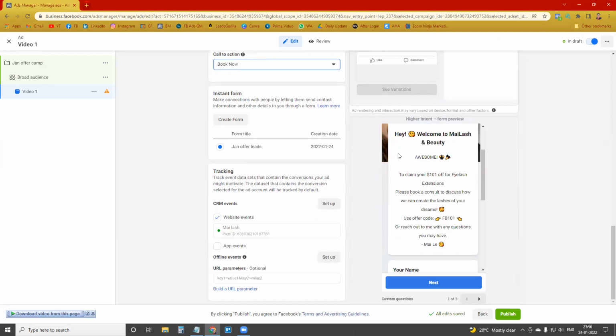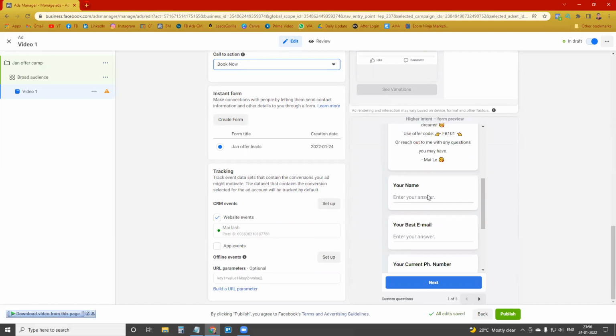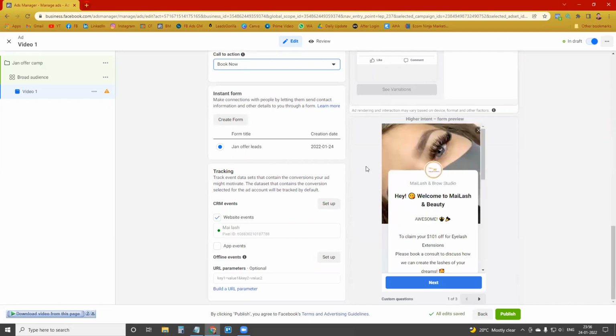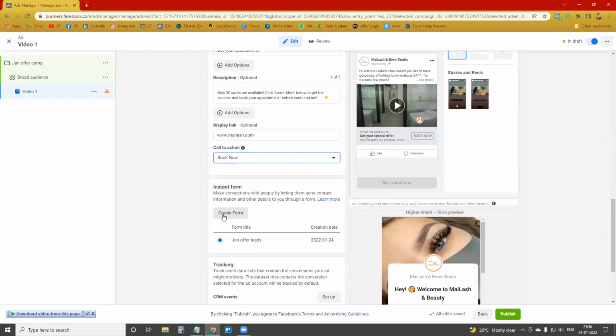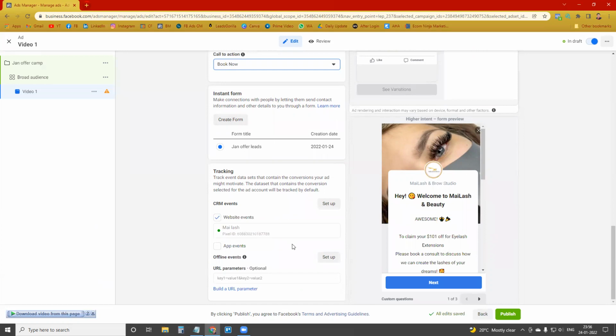We can collect data of our leads by creating this form. If you haven't created your form, you can click on create form, then you can create a form. Okay, and then there are some advanced things, like the pixel, we can track our leads so that we can follow up with them.